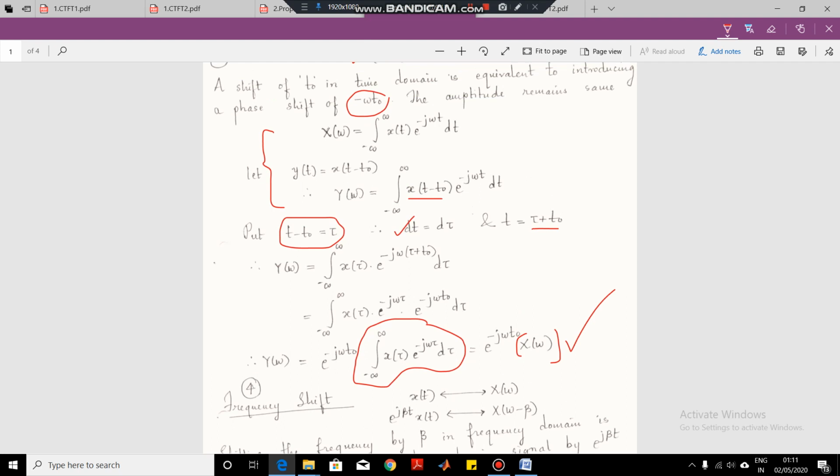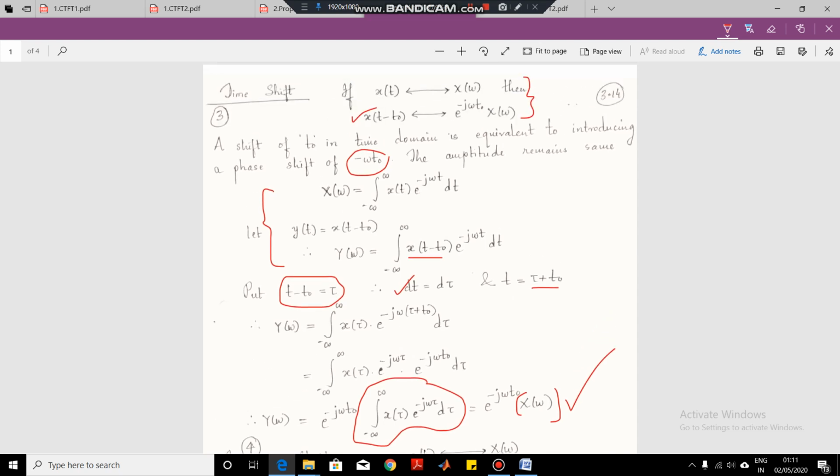Similar properties we have also seen for the Z transform, for DTFT, for DFT. The same properties are there for all the transforms, only their notation changes in each case, because all transforms ultimately convert a time domain signal to a frequency domain signal. So whenever you are shifting the signals in the time domain, the effect on the frequencies remains the same irrespective of which transform it is. So when you study the transforms, you have to study all the properties collectively. This was about the time shifting property of the continuous time Fourier transform.